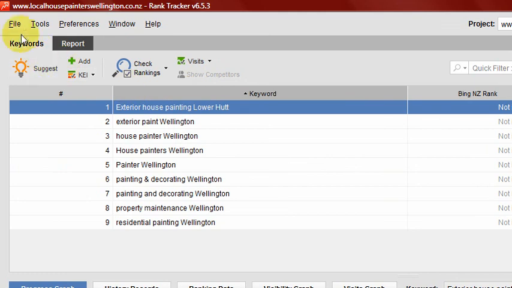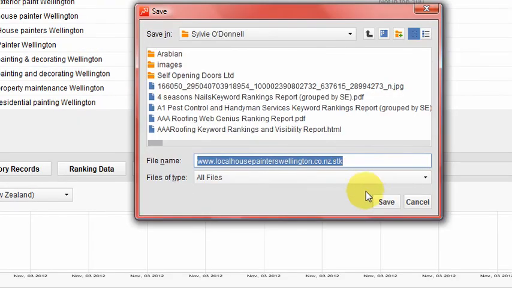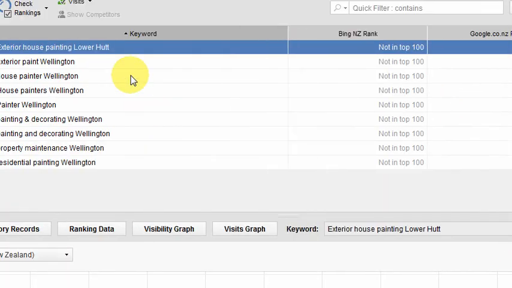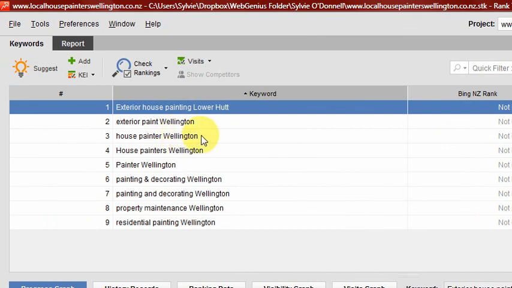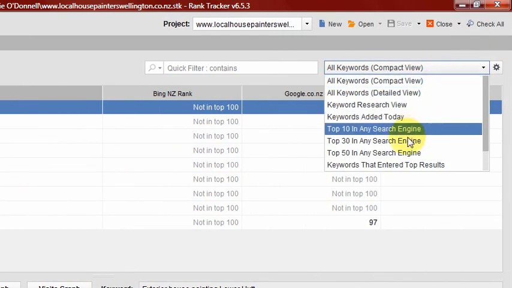And now what I want to do is save the project, so I go File, Save Project As, and then it'll save it as a Rank Tracker file with the extension of STK. I'll just save it in there in case I have to go back and get into it again sometime. And now I want to create a keyword report. So I click on Keywords, and I'm wanting to get a report on